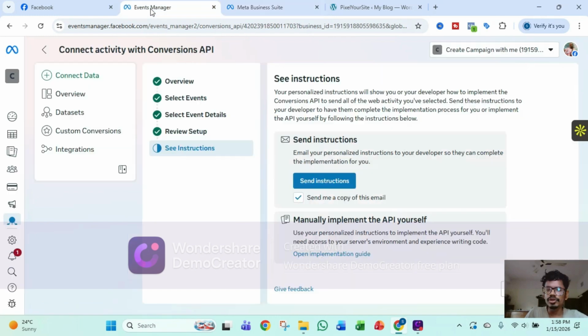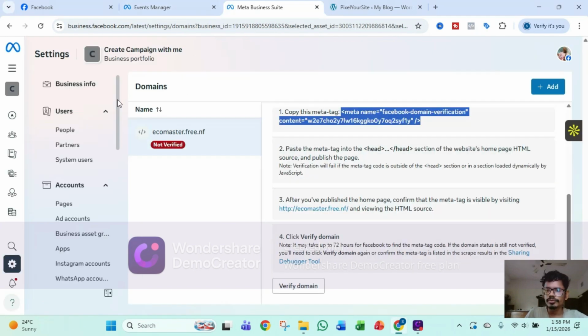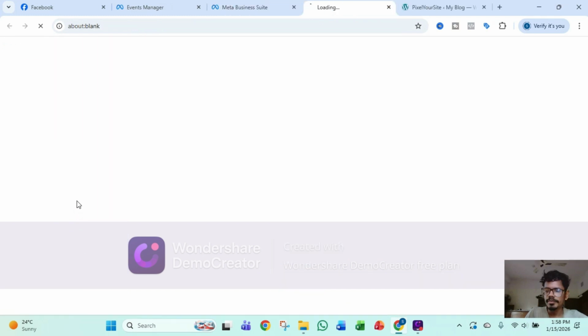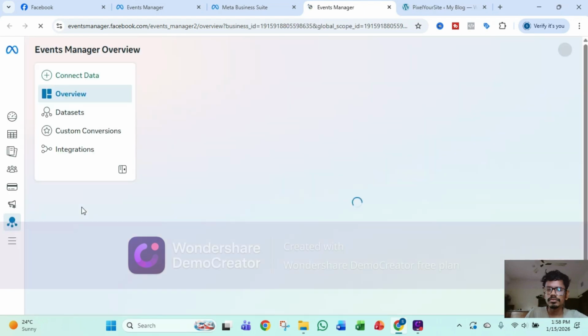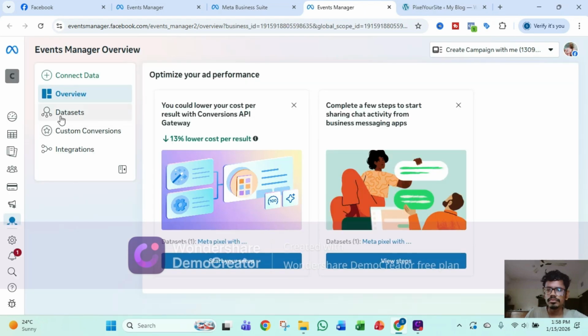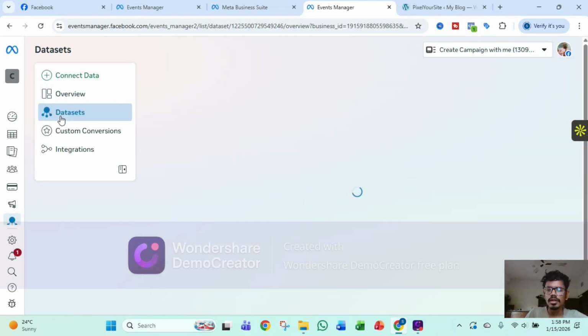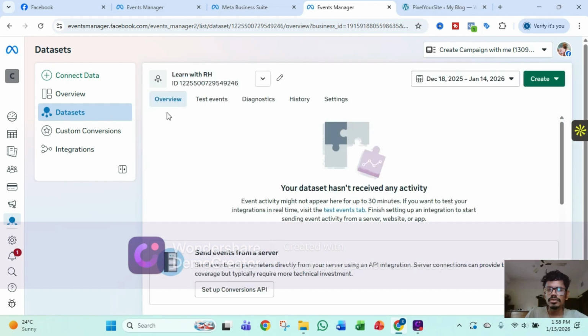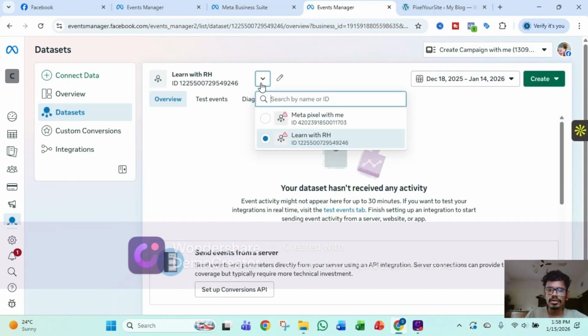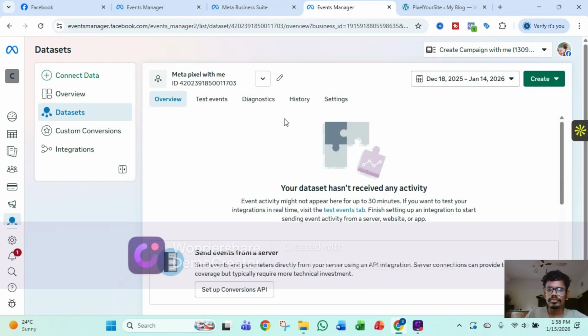Now we have to go to our events. Then we have to click this ID, metapixel with me, this ID,